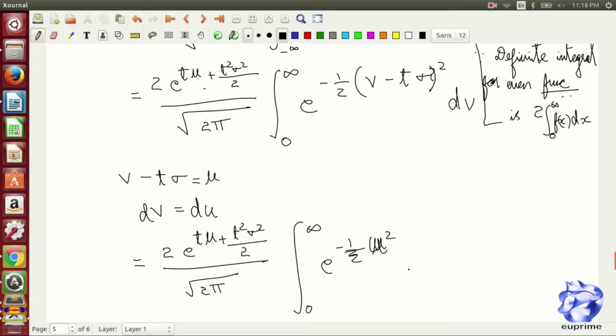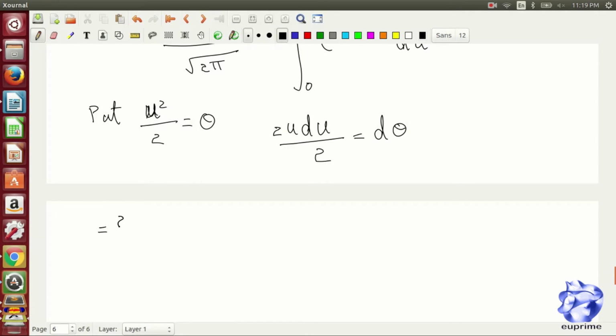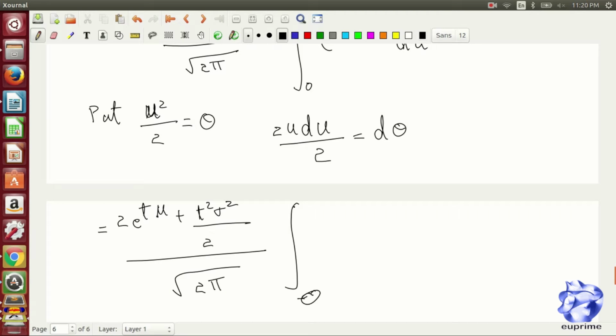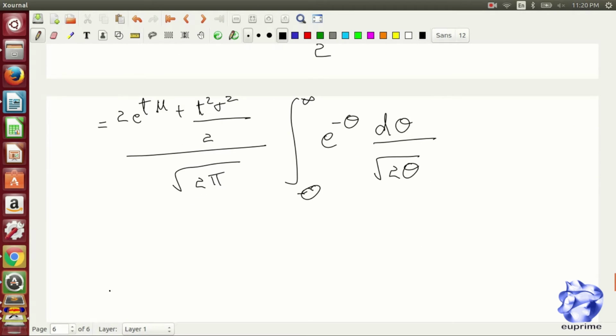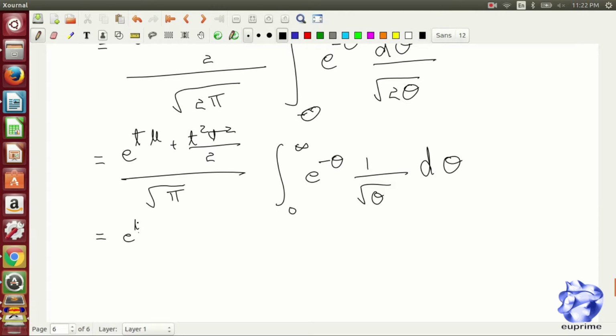Now we put u square by 2 as theta. On differentiating it, we again get 2u du by 2 equal to d theta. And we again substitute and integrate it further. This is the simplest form where we can actually integrate it. So that is the integral from 0 to infinity of e to the power minus t times 1 by root theta d theta. Now we take root theta from the denominator and put it all up in one equation,